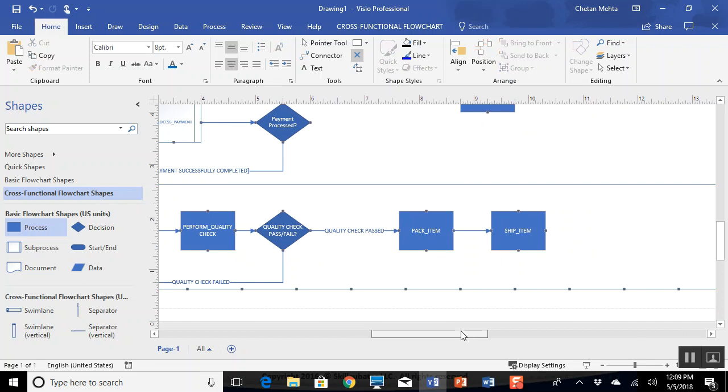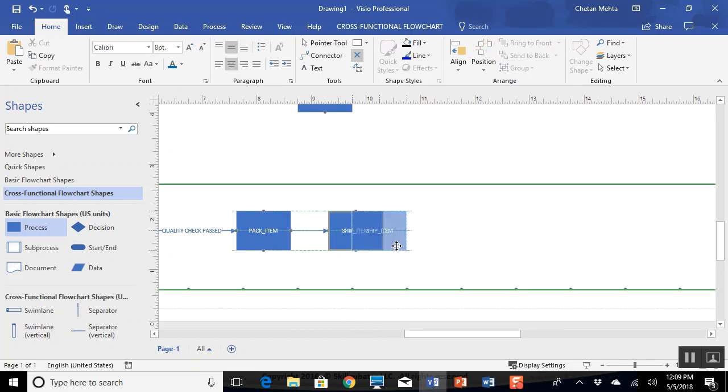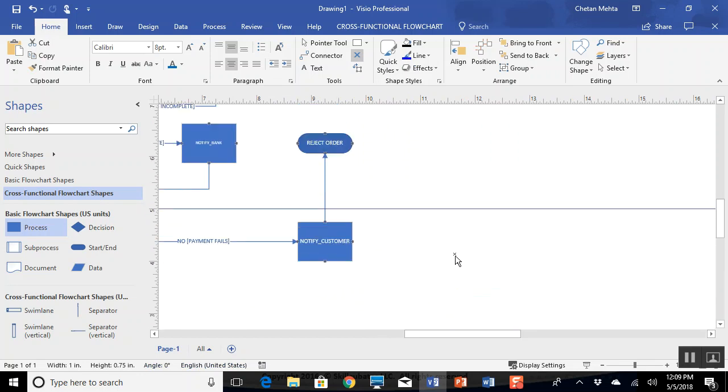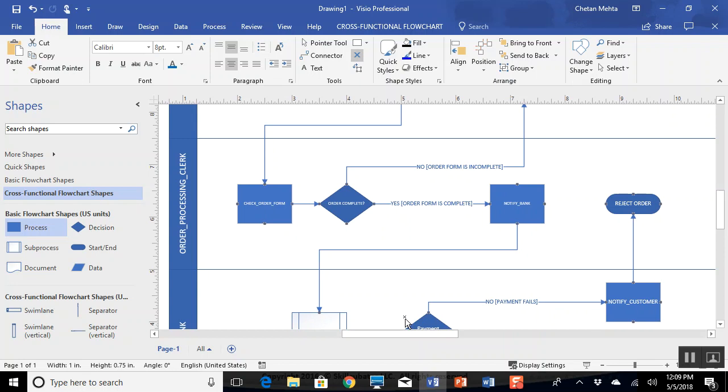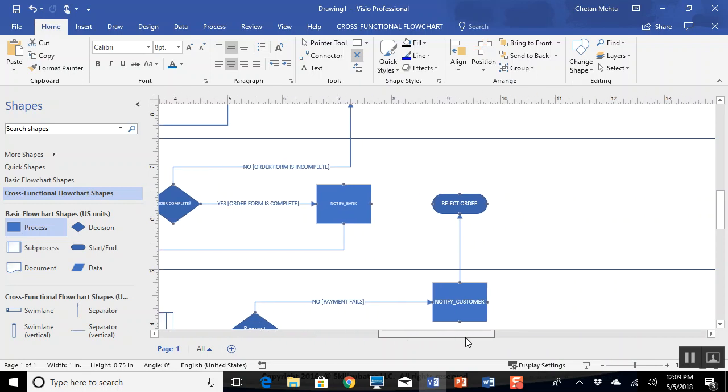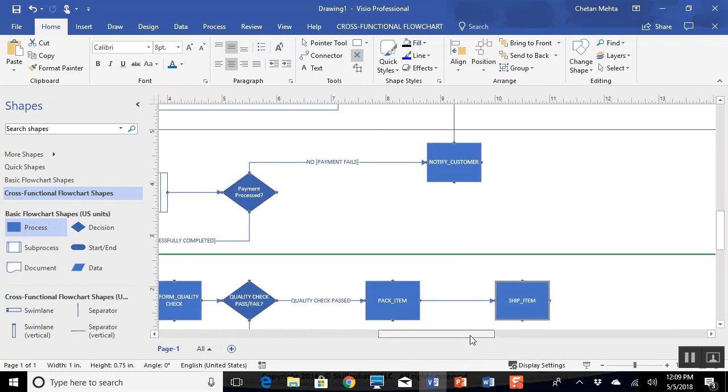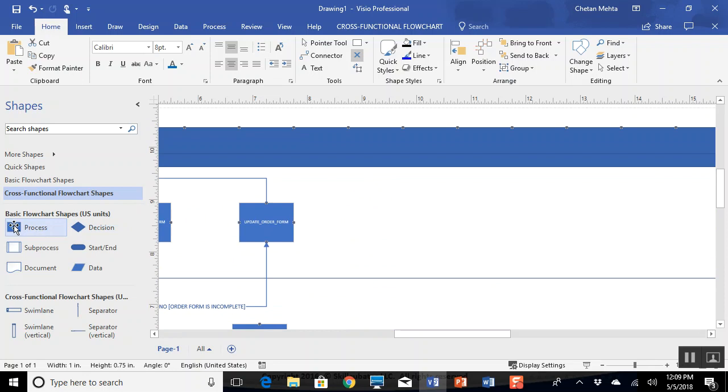Right, so pack the item, ship the item, and the customer gets the item. That means the item is shipped and delivered to the customer. Now we need to think about, do we need any confirmation or acknowledgement from the customer that he or she has received the item? If you want to build that logic, you will have to take the flow back into the customer lane, where you will say acknowledge,